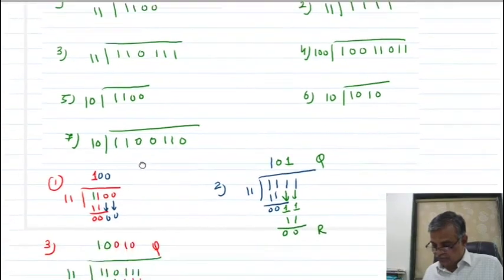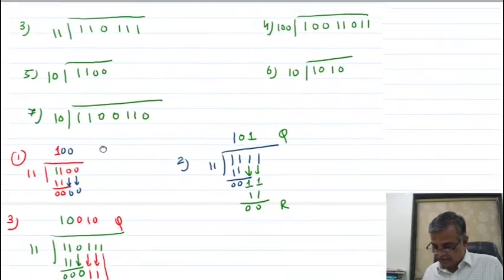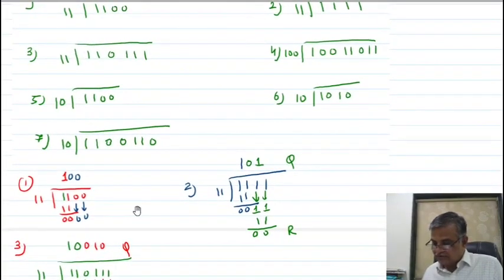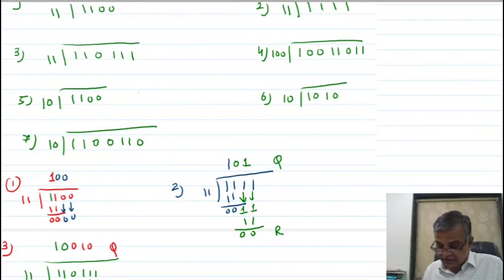Now which problems are left? Problems left are 1, 2, 3, we have done 4. 5, 6, 7, I am putting for your practice. 5, 6 and 7 are for you to do yourself. Okay, and I may put them in your Moodle Viva questions paper. You do these 5, 6, 7 in your way.